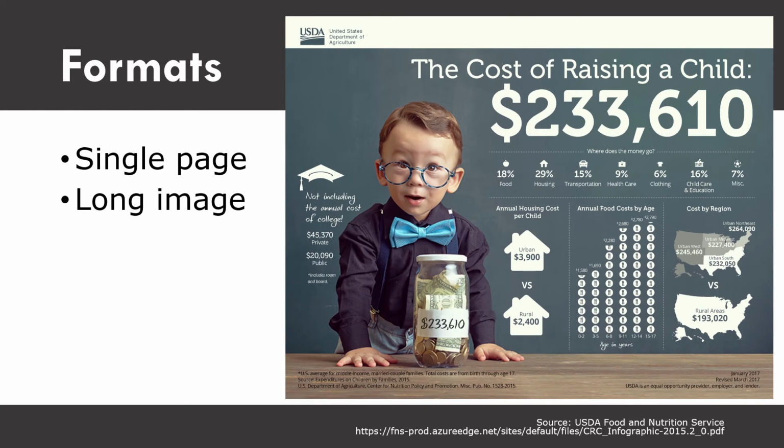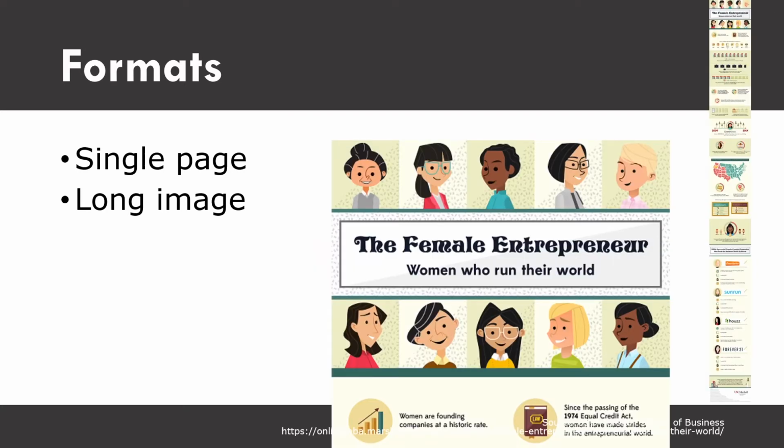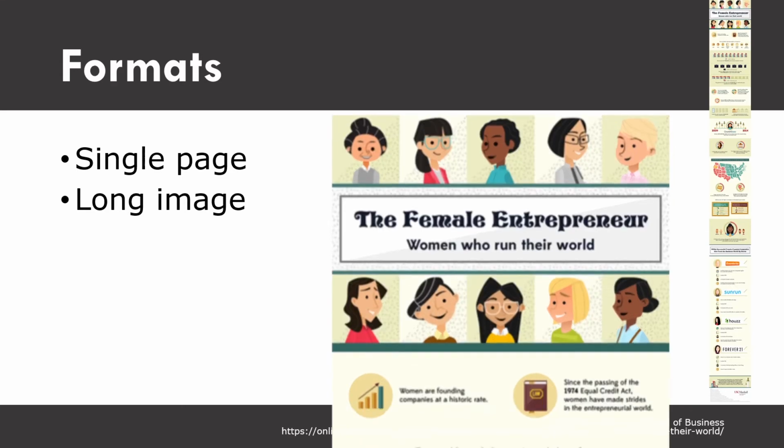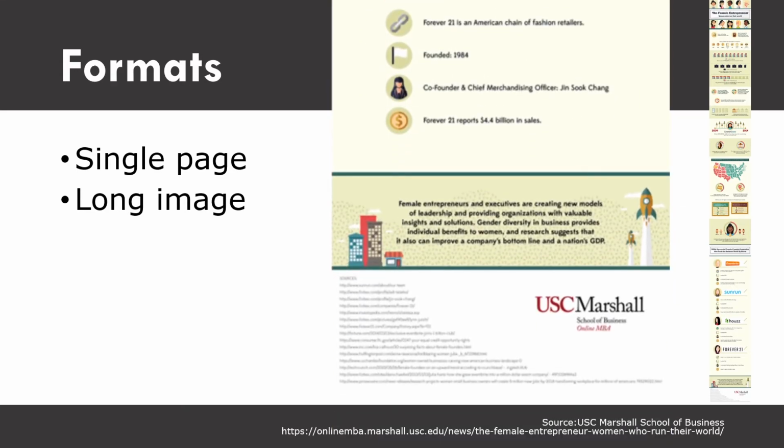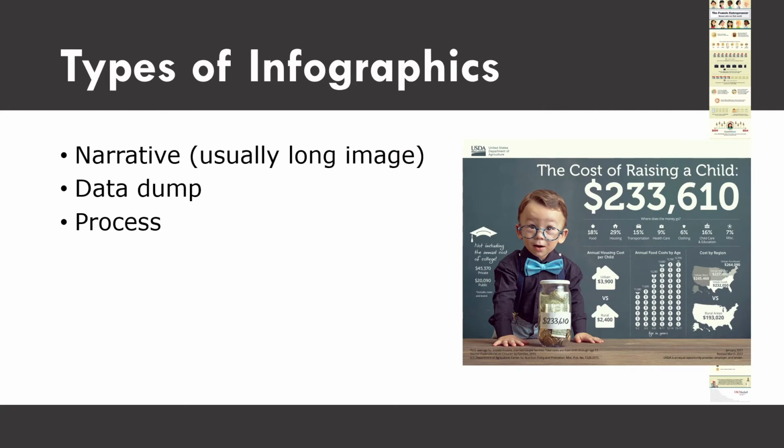There are generally two different types of formats you'll find for infographics. Here's another infographic on the same topic, done at a different time. One infographic is just sort of a single pager. You create this infographic especially if you want to print it out at some time. It is also easy for sharing online. The other type of infographic that is common is a long image. You start with this on your phone and you've got to zoom in, or on your computer, and then you scroll through it to get all of the information. These formats are often used for different types of infographics.